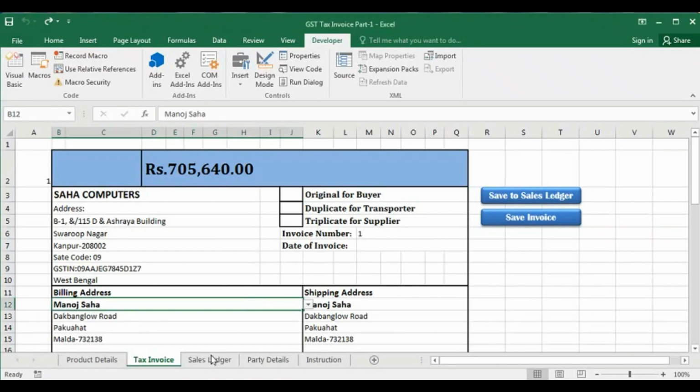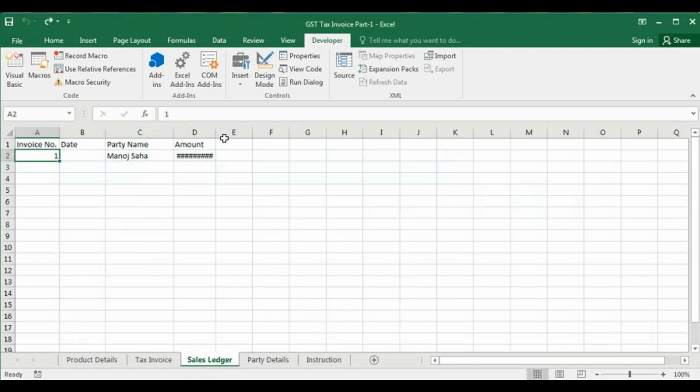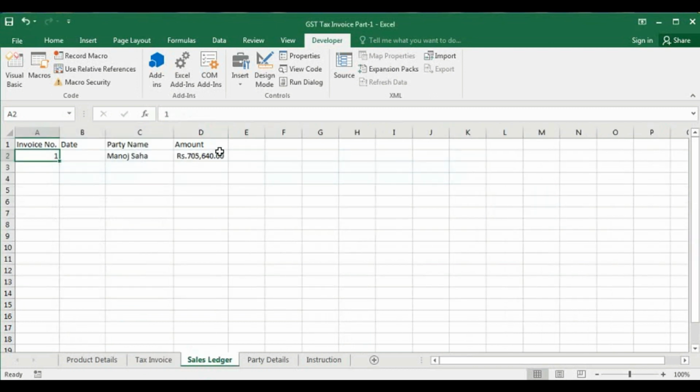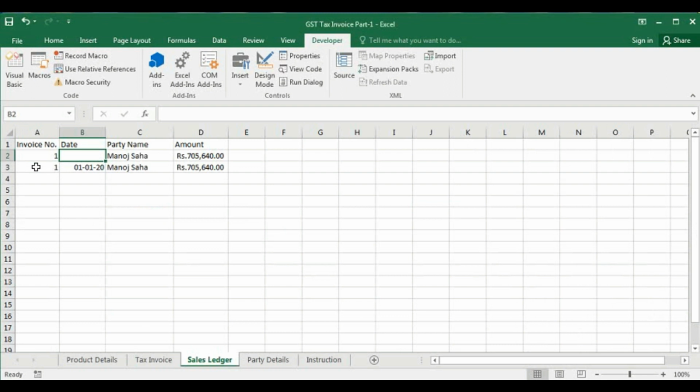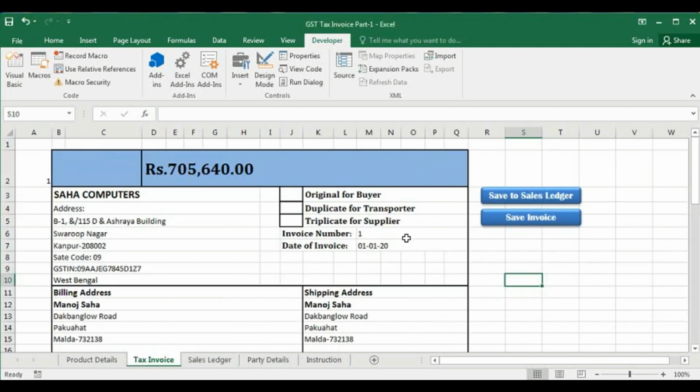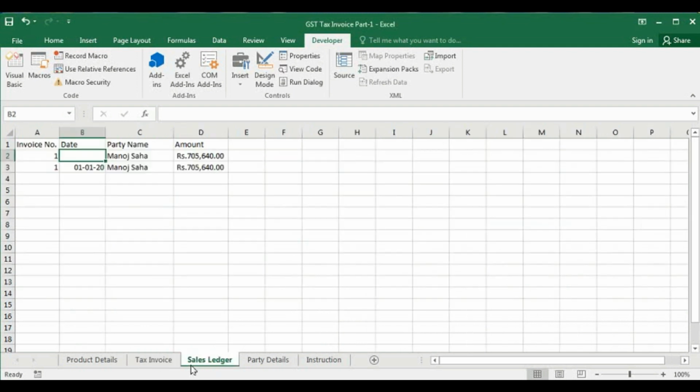So as we click here, we can see the value is copied here and there is no date because we have not put any date. So let's put here 1/1/2020. Now again click here. Now you can see that it will just copy it under the first row. So in this way you can copy these data to the sales ledger.